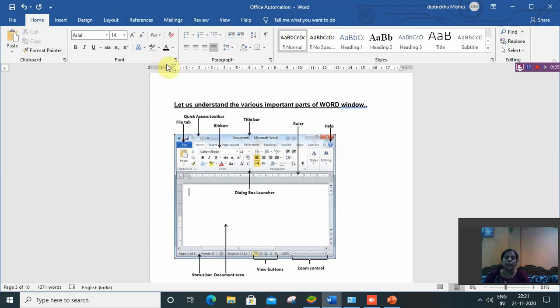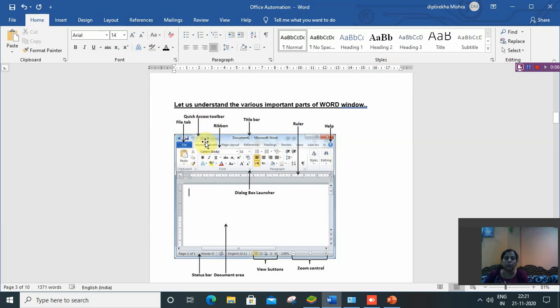This is known as the ribbon. The ribbon has many tabs and each tab is divided into groups. For example, the home tab is divided into clipboard, font, paragraph, style and editing groups, and each group has many commands.